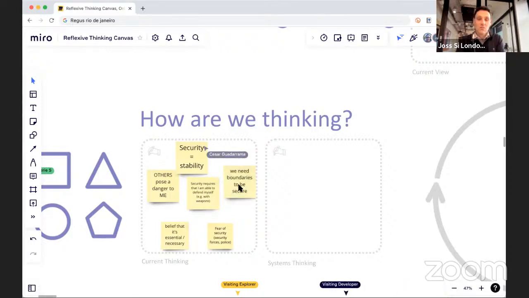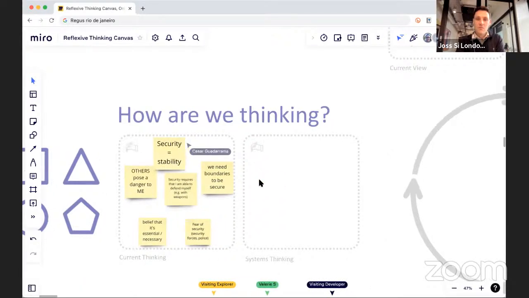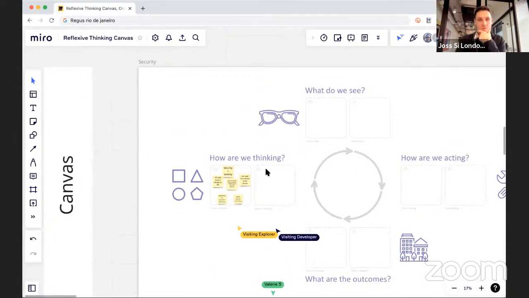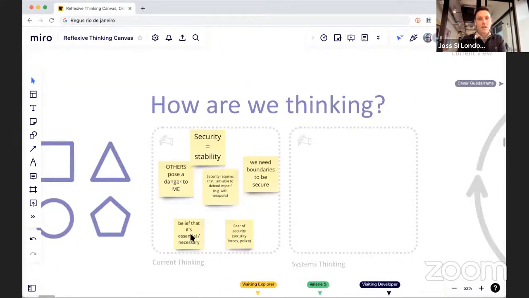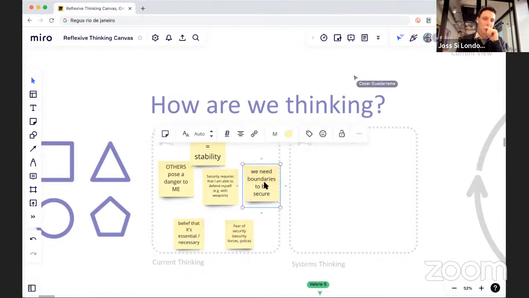Resist change. Any other ideas? Okay, so those are how are we thinking about this? How are we framing and categorizing it? It's often an individual thing. How do we protect ourselves